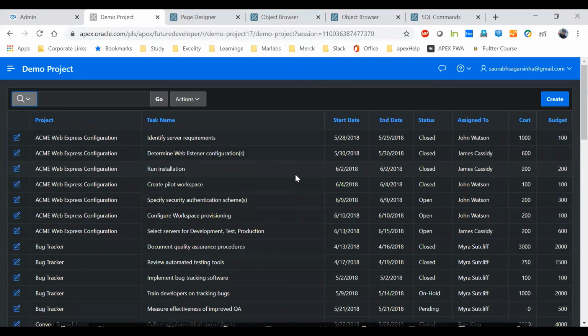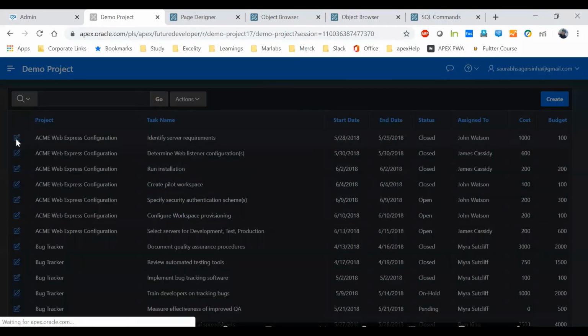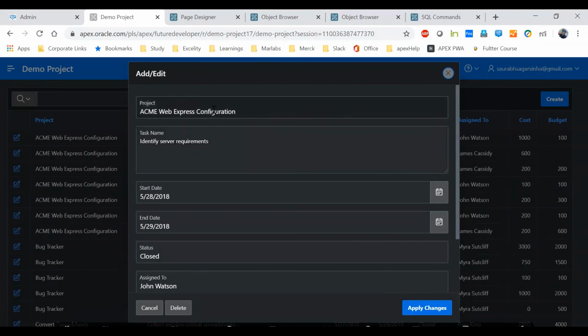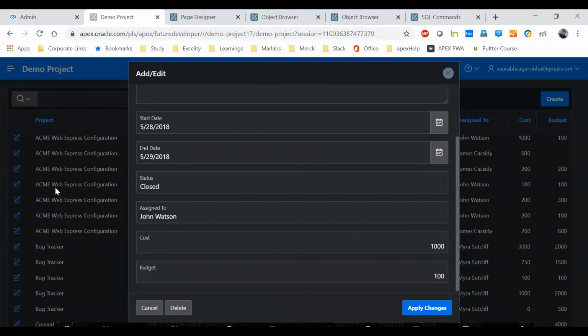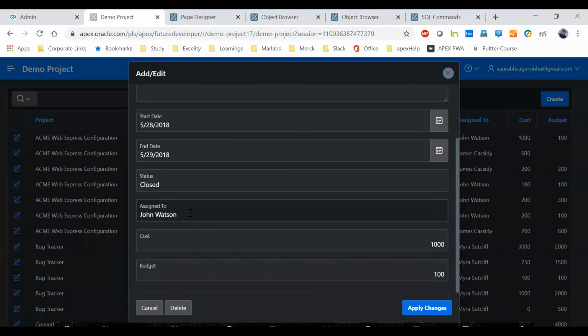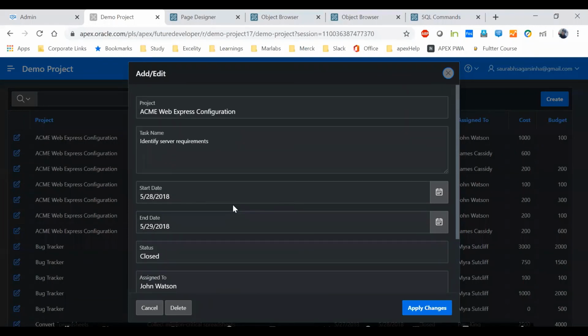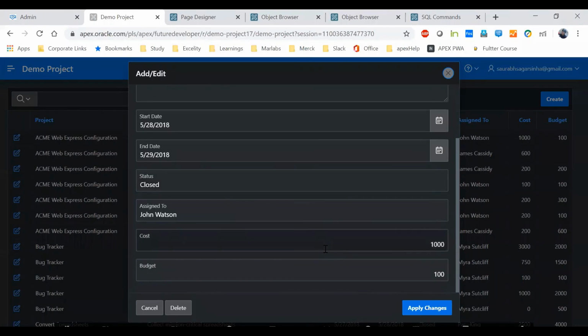There are a lot of backend things happening. When you click on this, all these fields are getting populated automatically with whatever row information is there. If you customize your report and your form, you can write your own code to fill the information. Here things happened from Apex itself, but when you customize it, I'll show you how to customize it. When you do that, you have to take care of these things by yourself.